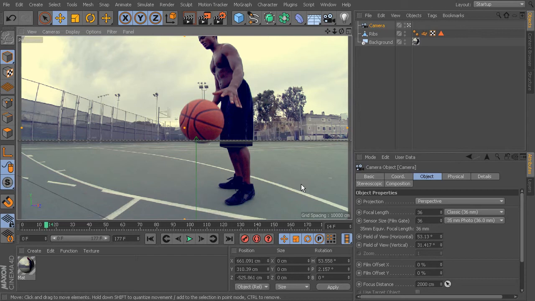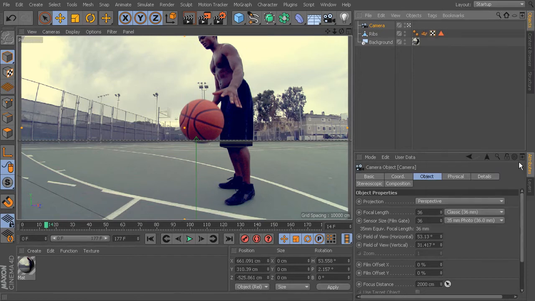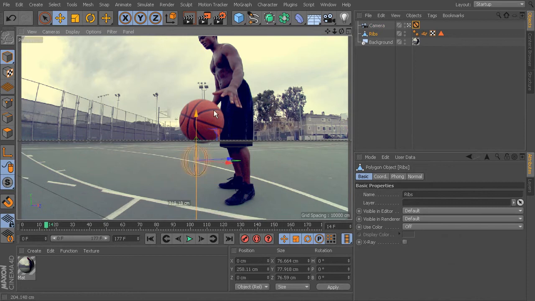So because we're not solving the camera and we still need to have a camera, I'm just going to place the camera in here, and we'll add a protection tag. So you want to go to Tag, Cinema 4D Tags, and choose Protection, and that's going to keep us from being able to rotate the camera around. I'm holding Alt, left clicking, no rotation,